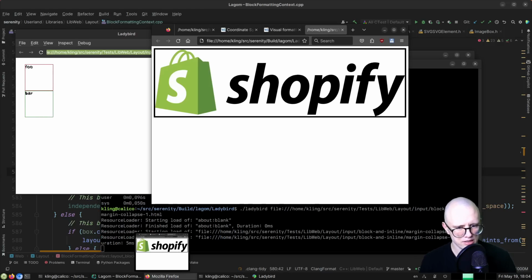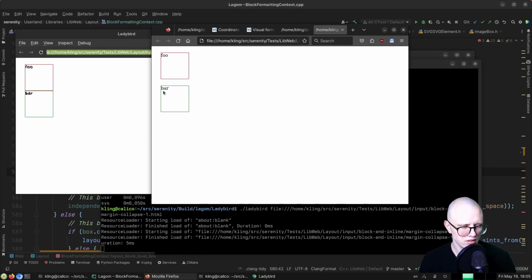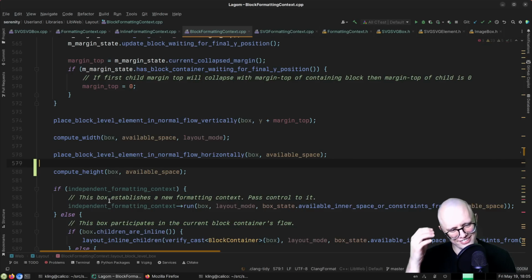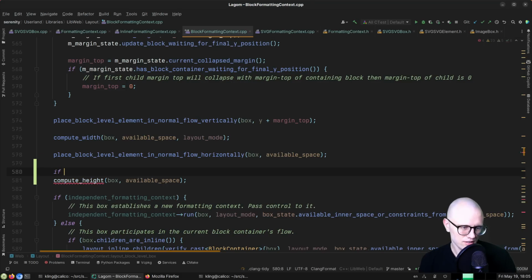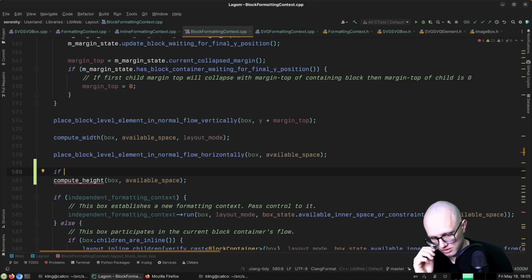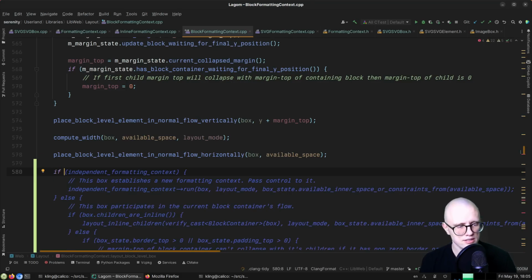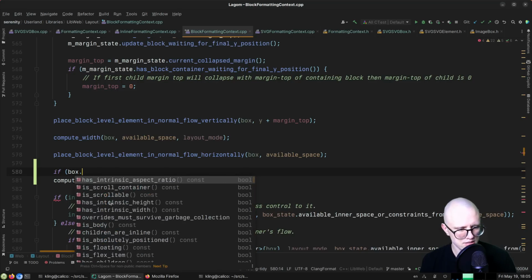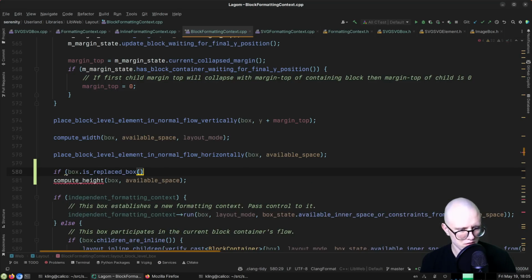Like this test is apparently different. Okay, so it breaks margin collapse, apparently, in some way that I don't want to debug. And it's also just not the right thing to do in normal block layout. But for replaced layout, like for replaced elements, I think this is always safe. So if the box is a replaced box,